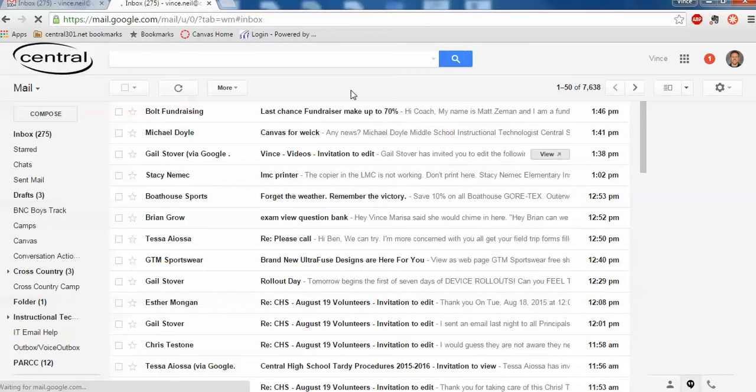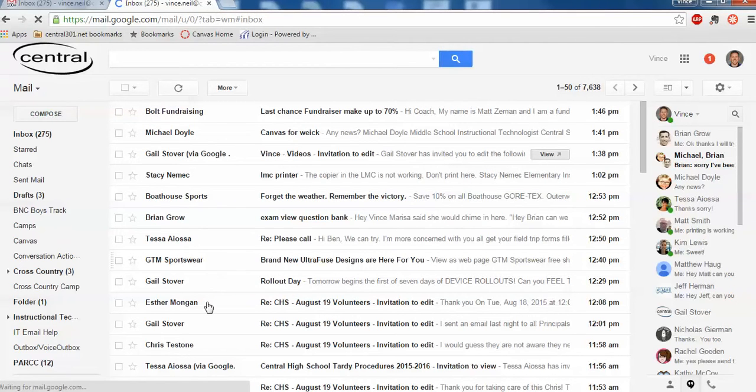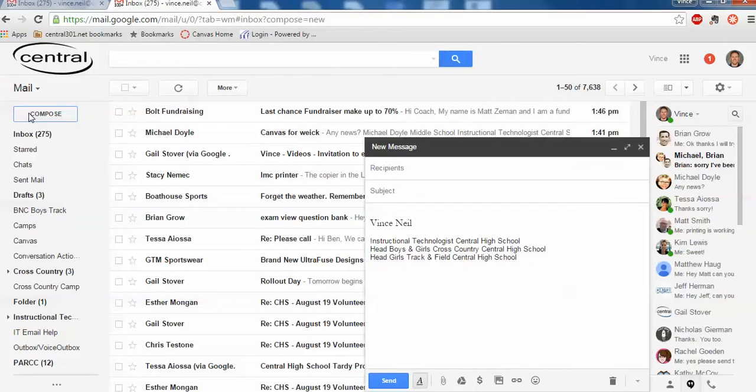Once you click on that Gmail, all of your list of emails will begin to pop up. You have all of your different tabs listed here, your inbox, some of your sent mail, the different drafts that you've composed. If you're going to begin to compose a new message, you'll simply hit the compose button here and